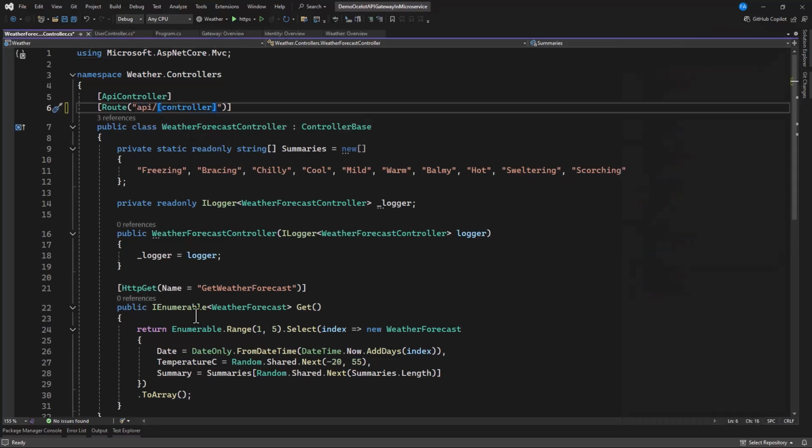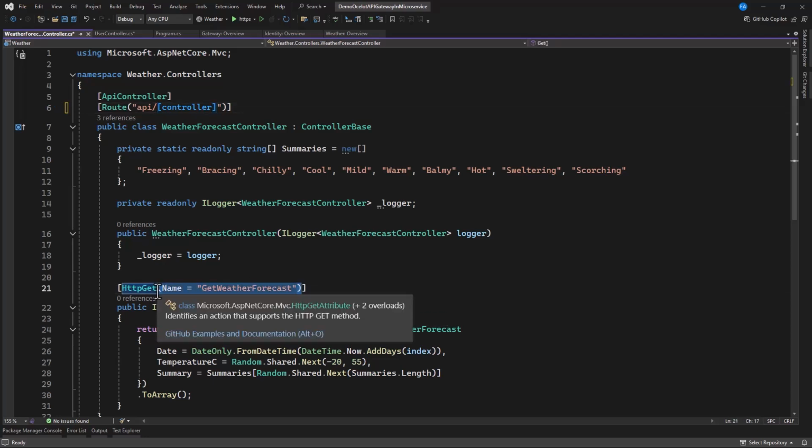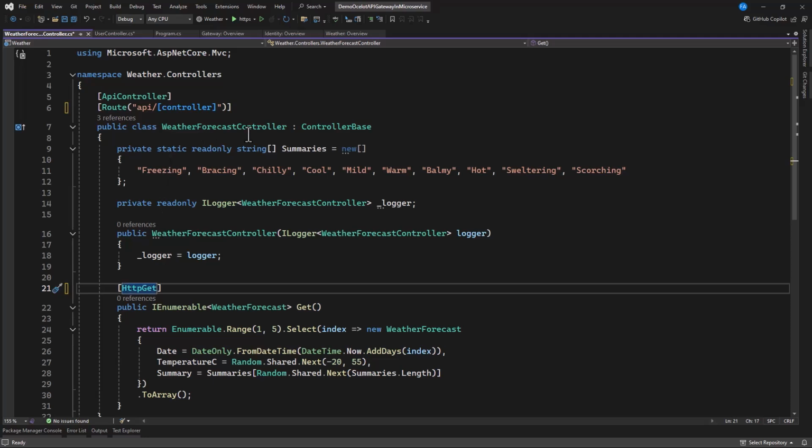API/weather forecast. And here we are returning what you see in here, default one. That's what we are returning. Let me get rid of this so that we can have weather forecast, and automatically we're going to have access to this get method. Good. So we have two individual powerful endpoints which will work. Yes, we can try this and see.